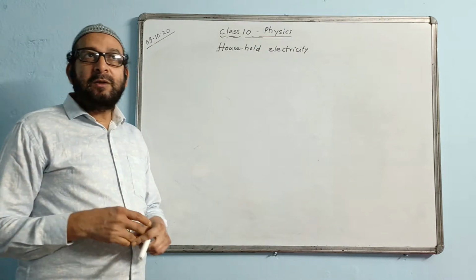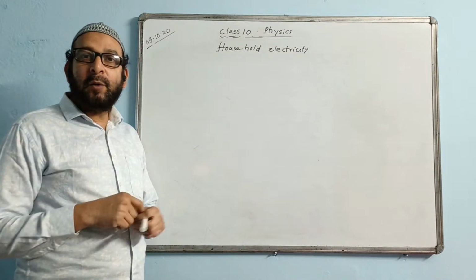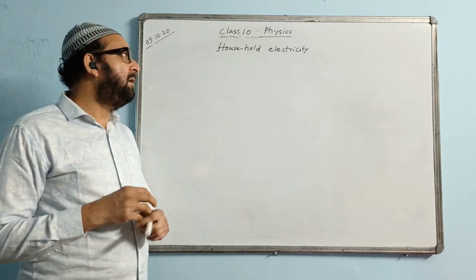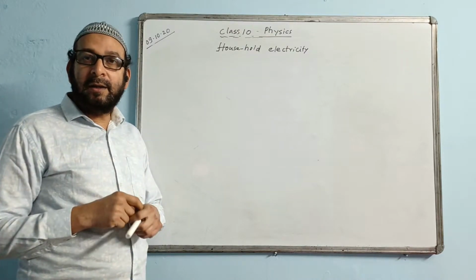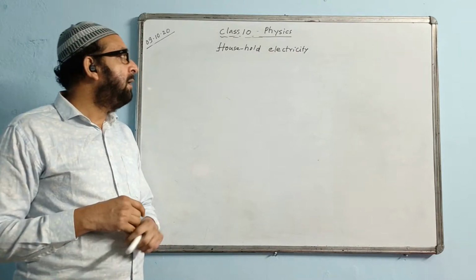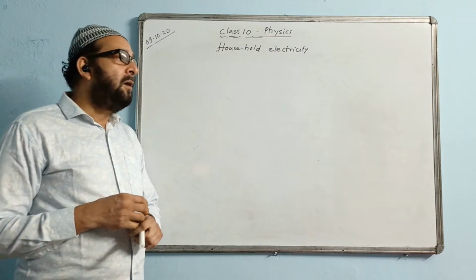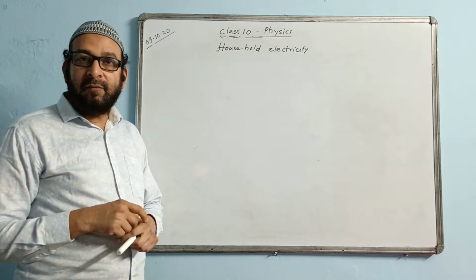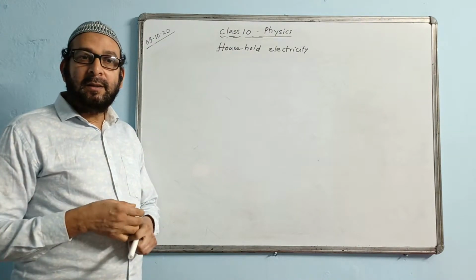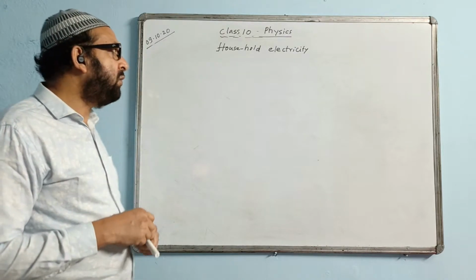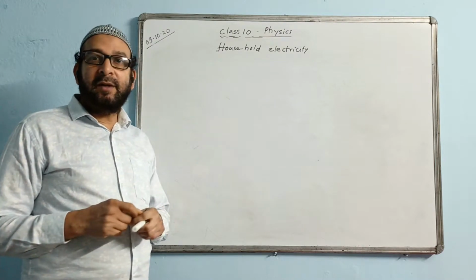What are the properties or requirements of a good fuse wire? I said two. It should have a low melting point and it must have a high resistivity. The most suitable material for making a fuse is an alloy containing 50% lead and 50% tin, and that alloy is called fuse metal or solder metal, that you wrote yesterday. Copper is not suitable for making a fuse, because copper has a high melting point and low resistivity.